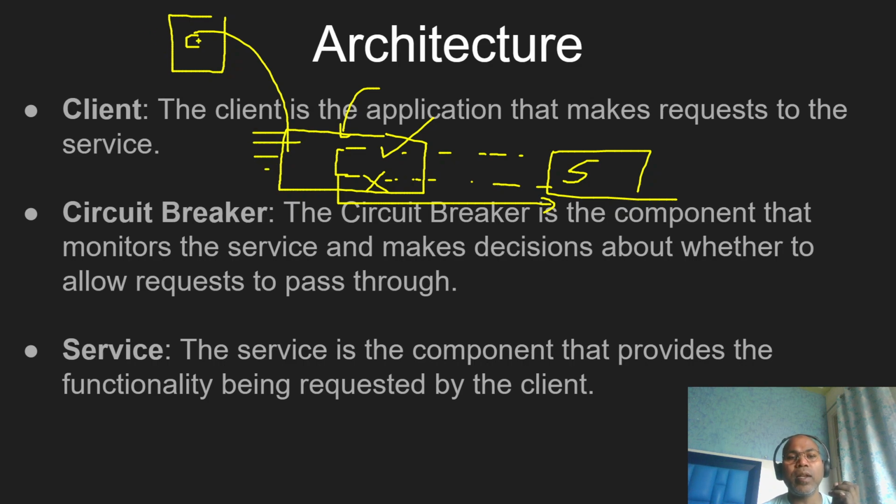This is the client, meaning microservice 1, and this is microservice 2. Both communicate with each other. If everything is fine, the circuit breaker is closed by default. When the circuit breaker is closed, that means they are joined and the call is happening through the circuit breaker. It is the circuit breaker's responsibility to identify when to open the circuit, when to close the circuit, and when to go to the half-open circuit.